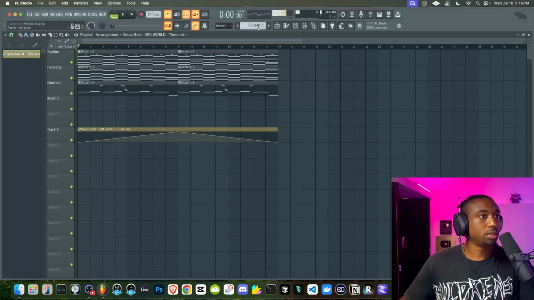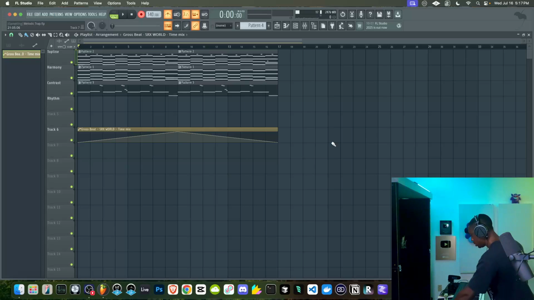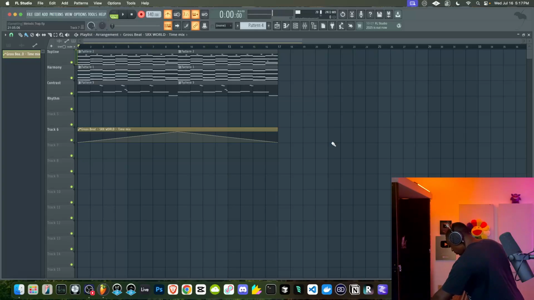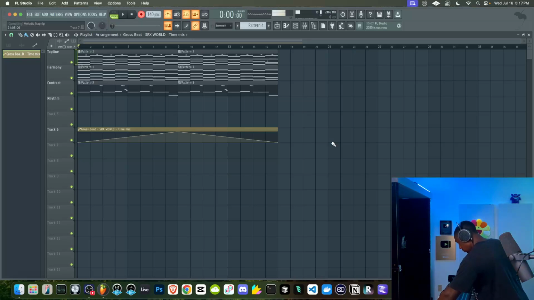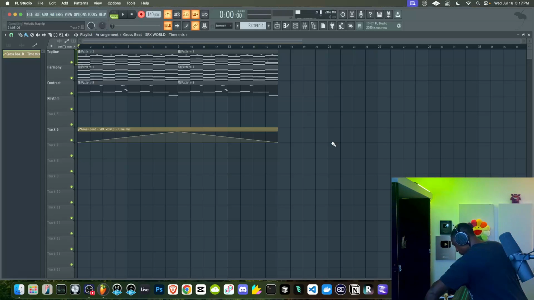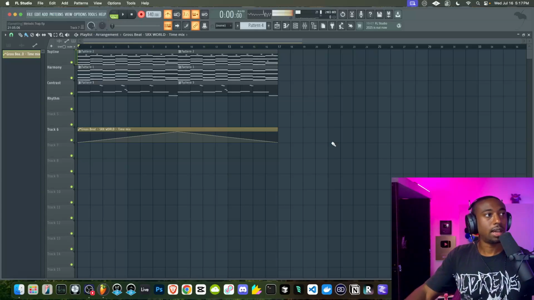So I like that tone. The only thing is I have to decide if I want to run it through the pedal.